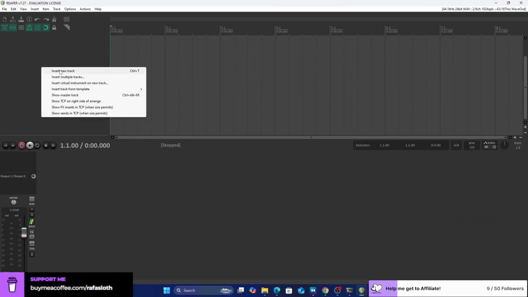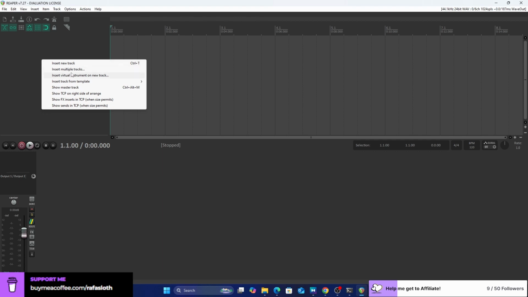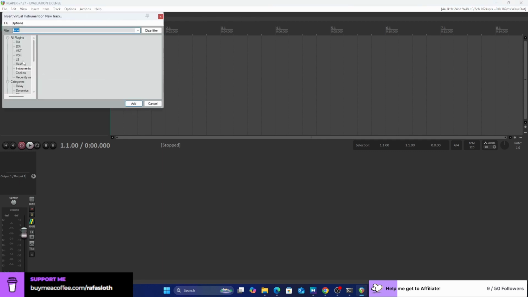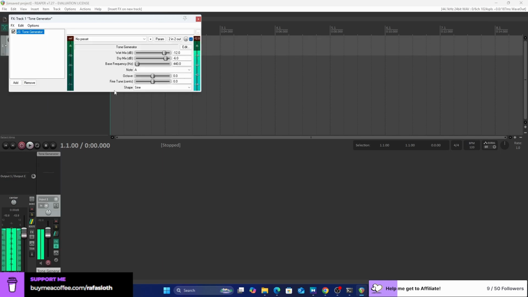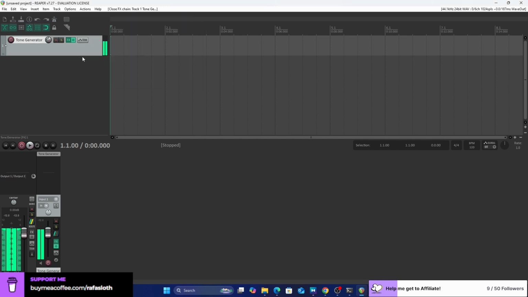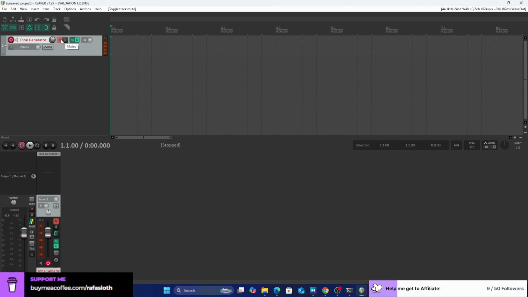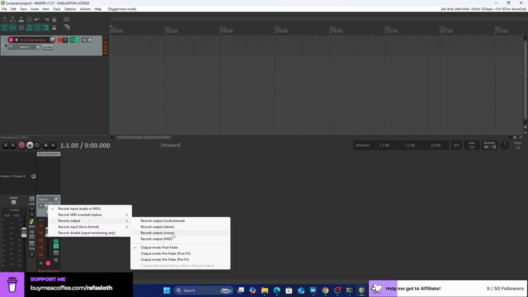A tone. So insert virtual instruments on your track. All plugins. Okay. And arm for recording. For the output on.